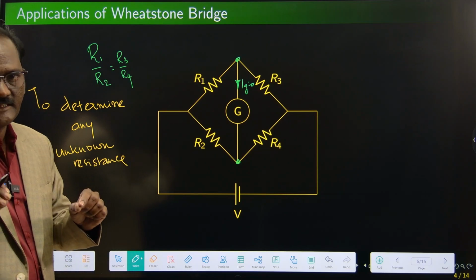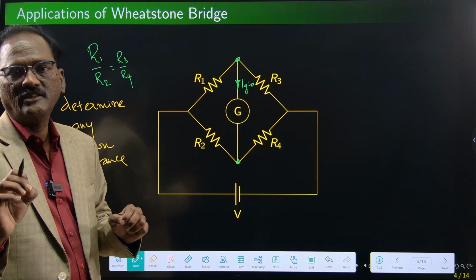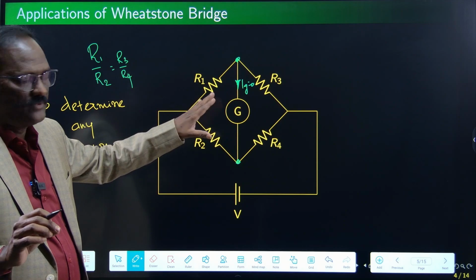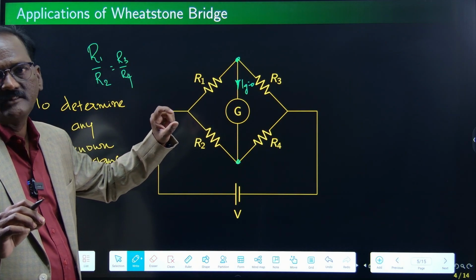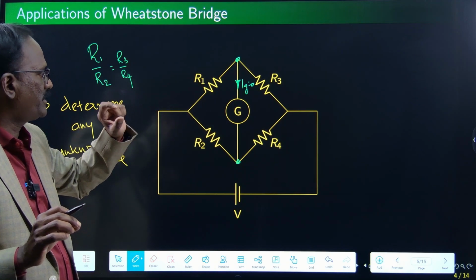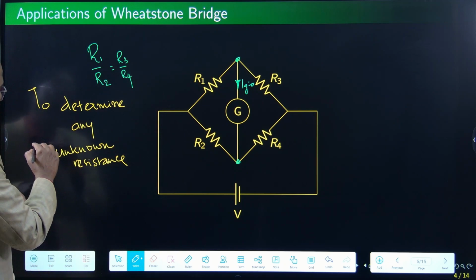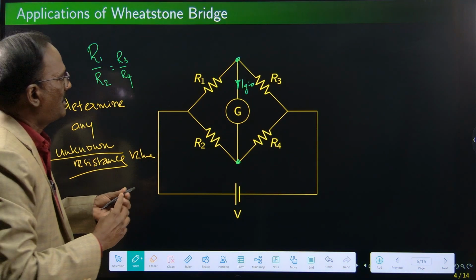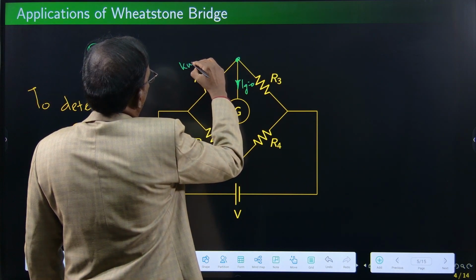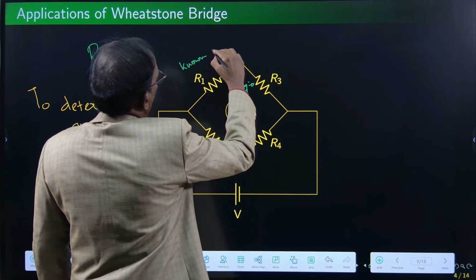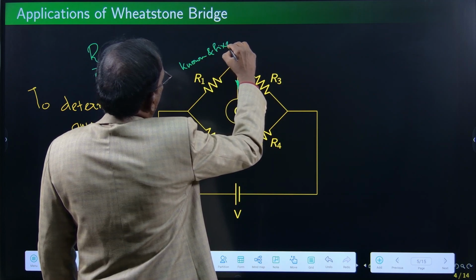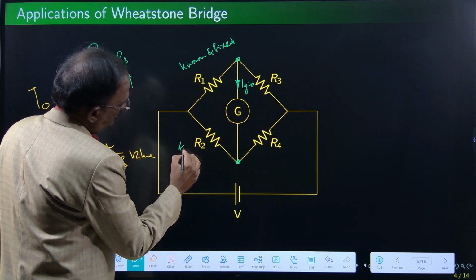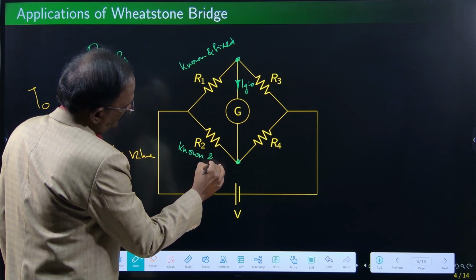If you have one conductor, its resistance value, if you want to know, you can make this setup, you can find the value of this unknown value of that particular conductor resistance. So determine any unknown resistance value. R1 is equal to known. This R1 is known and fixed. This R2 is also known and fixed,